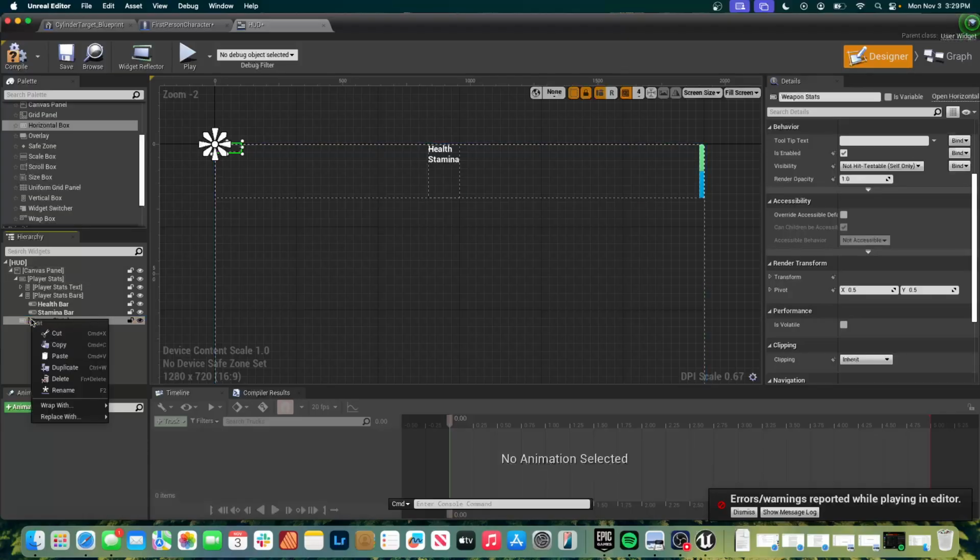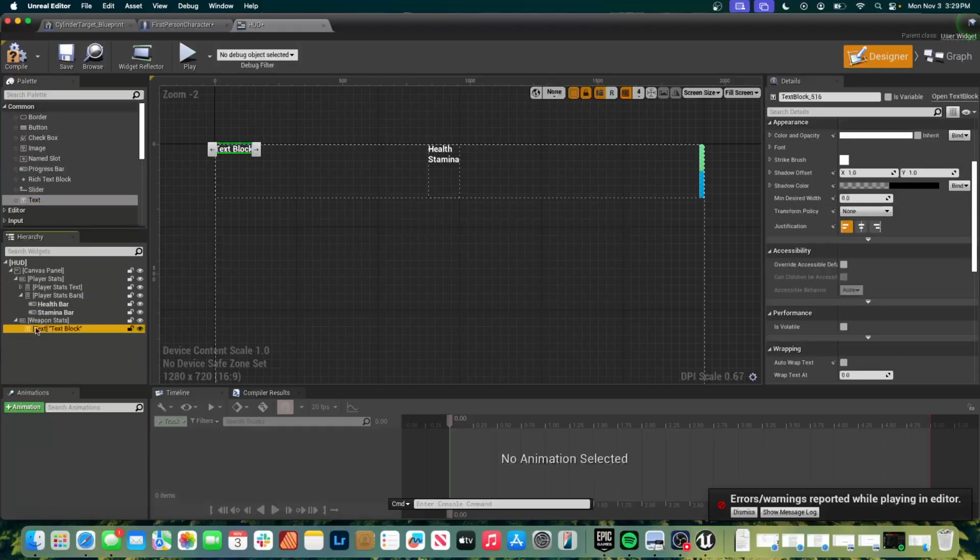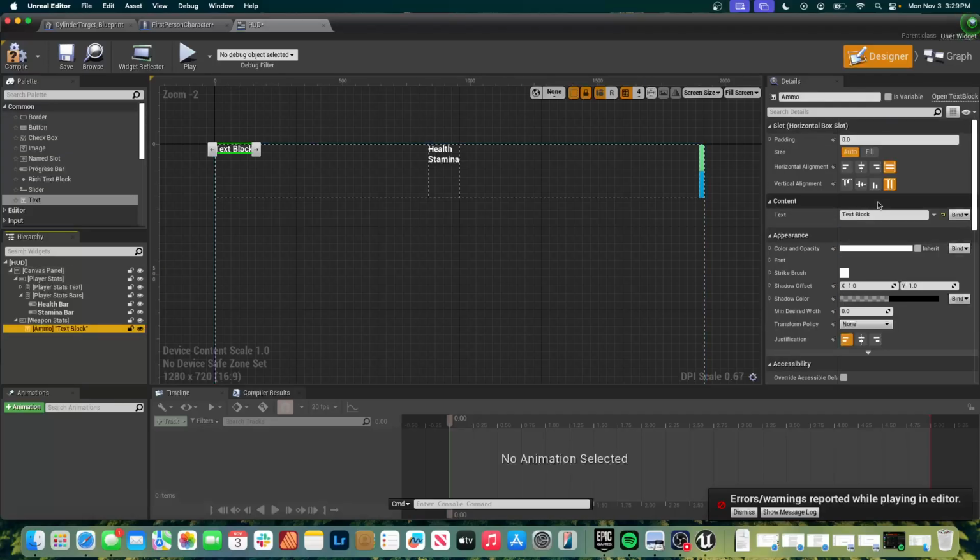Yeah. And then we're going to add 2 more text panels to that under common. One's going to be ammo. We're going to add one more text box for